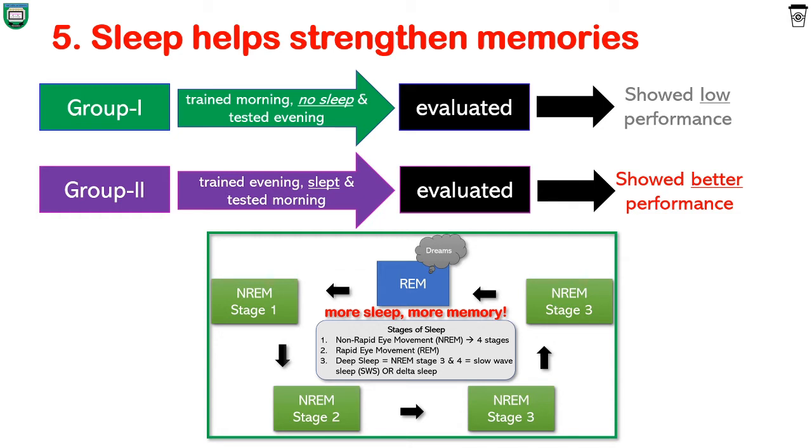The second group, which was trained in the evening and tested in the morning, performed 20% better than the first group. This shows how important sleep is in our learning process. Many researchers discovered that quality and quantity of sleep affects our learning and memory, while lack of good night sleep reduces attention and learning. The reason behind this is that neurons in the brain process, strengthen, and store information during